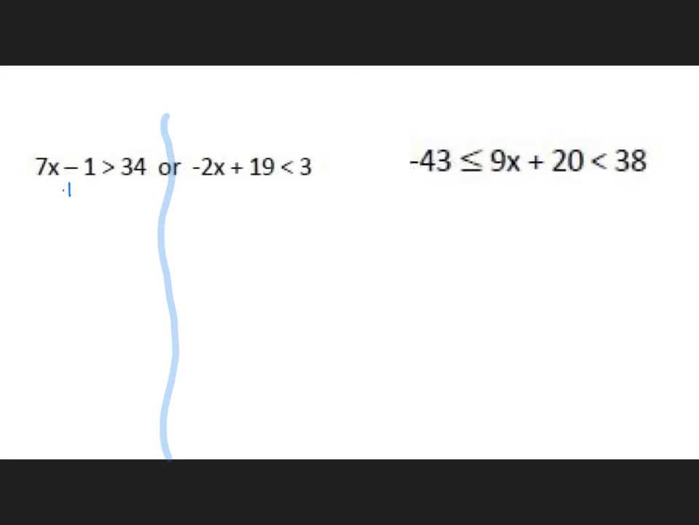So as a review, when we're solving, we want to get x by itself, and we do the same thing to both sides of the inequality. So I've got 7x is greater than 35. I need x alone, so I'm going to divide both sides by 7, and I end up with x is greater than 5. Or, and we're done with that. We don't have to bother with it anymore. Or we have